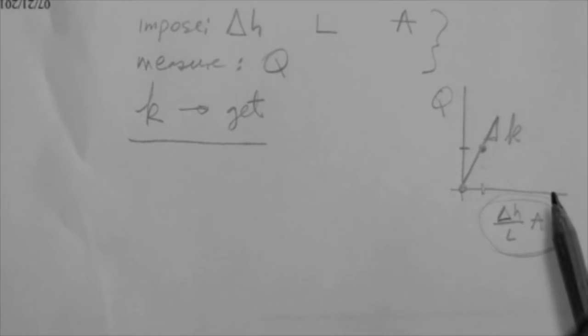Now you may say, hold on one second, how do I know that the imposed parameter, this parameter here, is not beyond this threshold? That is, how do I know that the flow is laminar and not turbulent? Well, that's a very valid question. Typically, we already have an idea of what delta H to impose for a given soil, so that we are not in